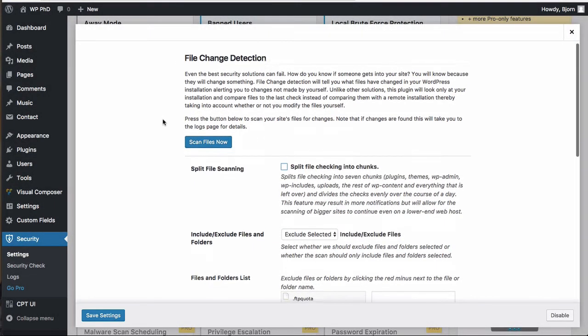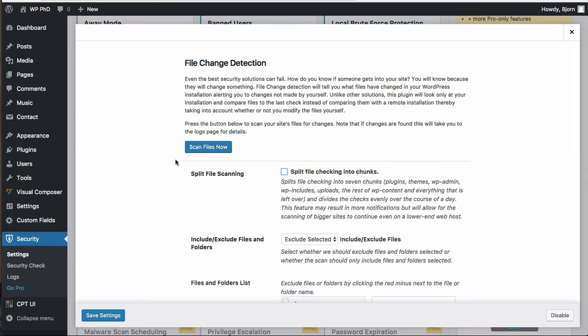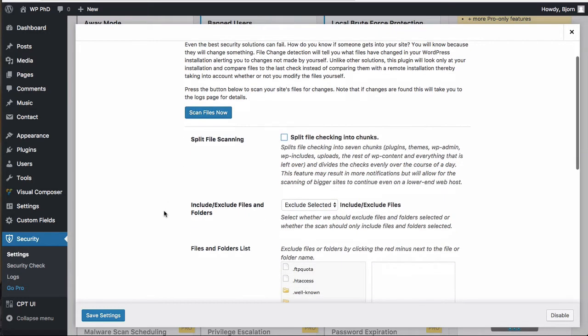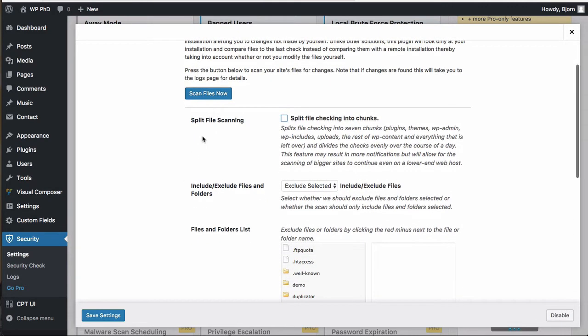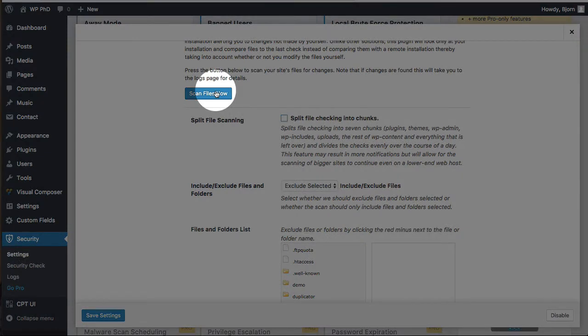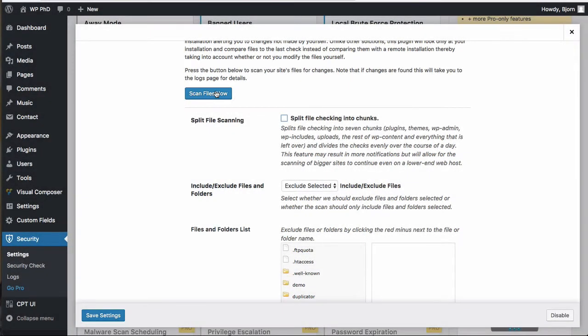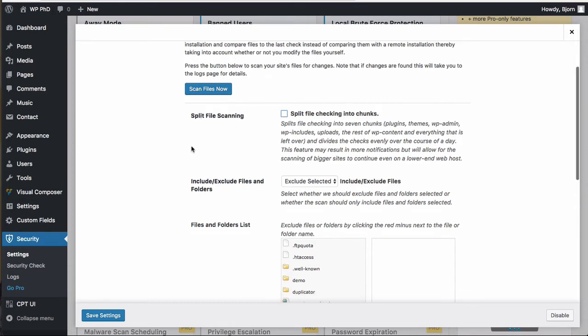Click on Configure Settings. So the reason this is important is because when someone gets into your site or hacks your server, they're going to want to change something. Otherwise, there's no point in them being there. They're going to either add a file, edit a file, or delete a file. They're doing something to achieve their goals after hacking your site. So file change detection allows you to detect which files they've changed, deleted, removed, added, whatever. So you can scan files now right after installing this plugin, but likely nothing's changed in the last 5 minutes, so it's not that important that we do that.